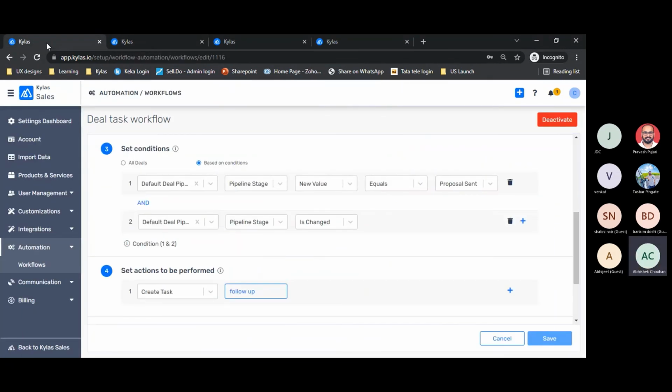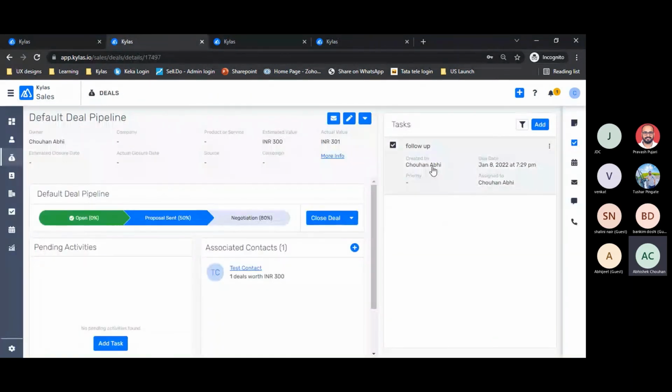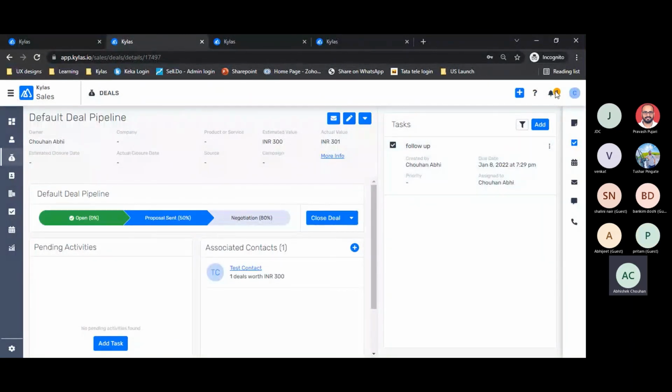You can create a particular flow to create a task automatically, which is assigned to the right person. The moment a task is assigned to them, this person will receive a notification that this task has been assigned to them, so they will understand they are supposed to perform this task.